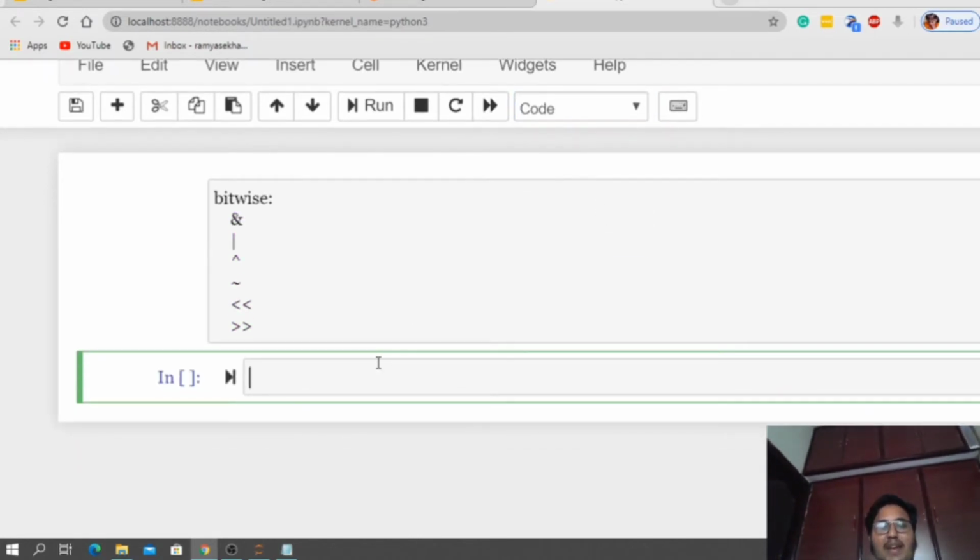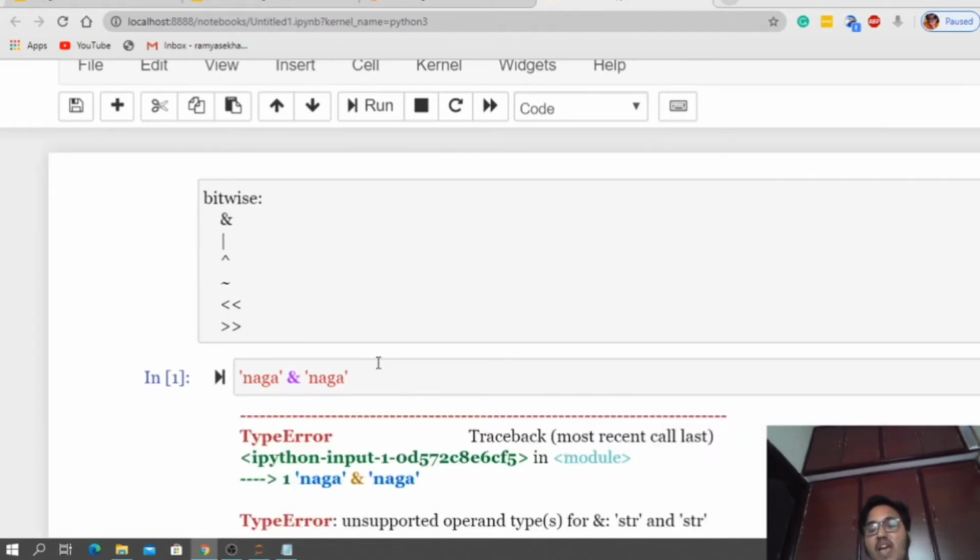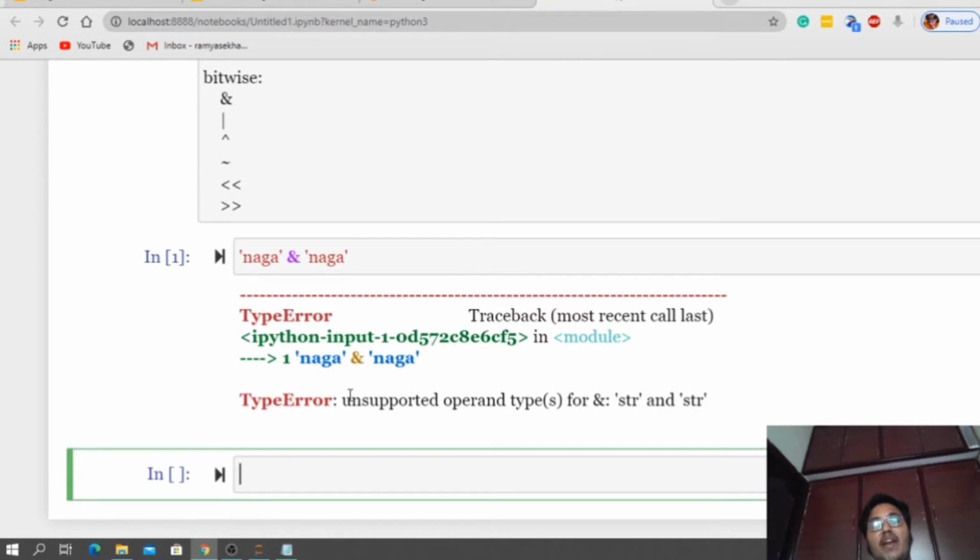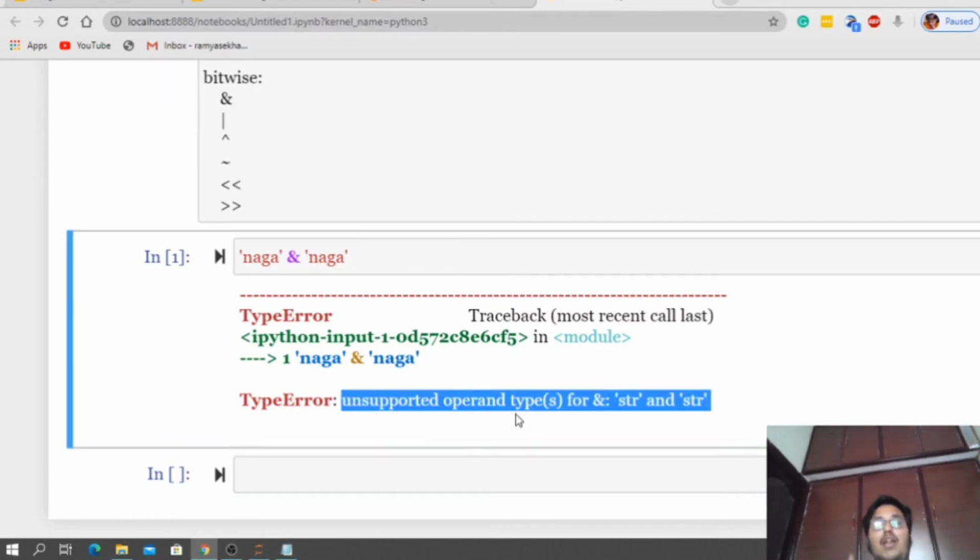The thing to understand is that bitwise operators can be applied only on integer data as well as boolean data. We cannot apply these bitwise operators on strings. Let us check that. Is this valid or invalid? Because bitwise operators are not supported for strings.